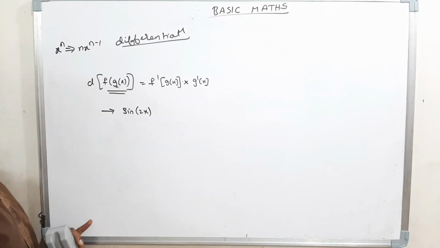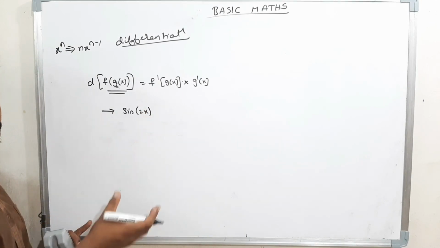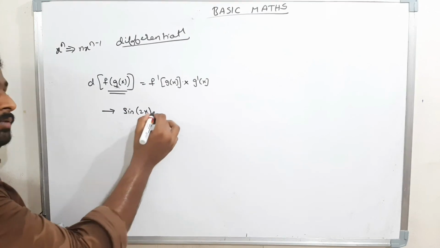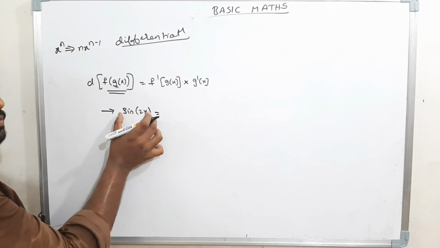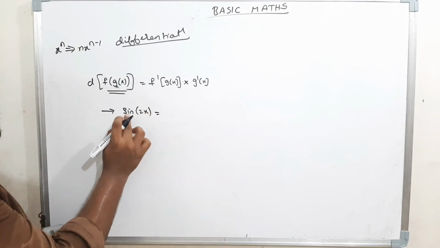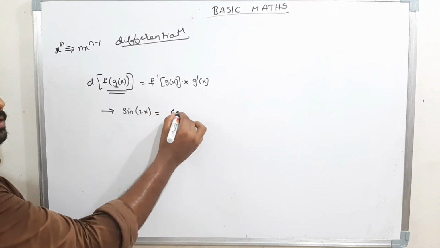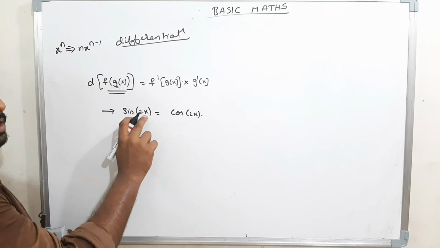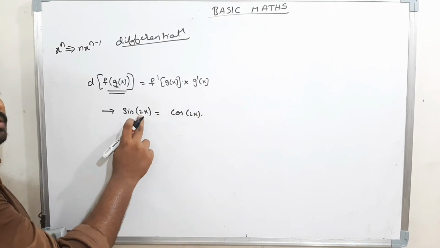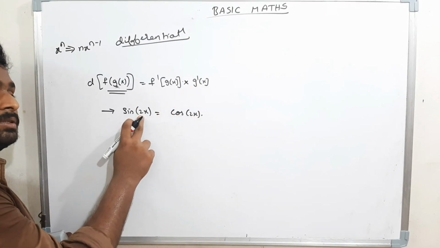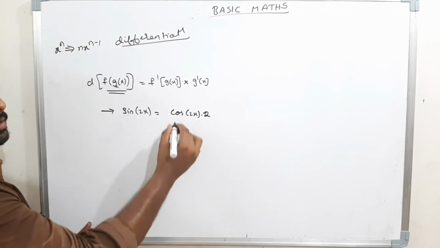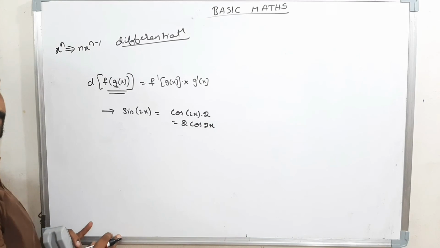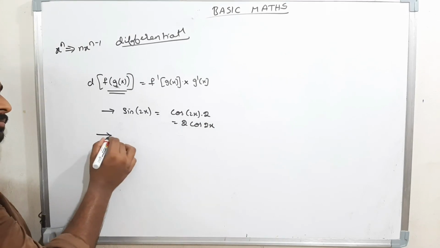Sin 2x. Sin itself is a big function. Inside that big function there is 2x. Even 2x is also one more function. Therefore, first of all, I have to do the differentiation for the whole. What is the differentiation of sin? Cos 2x into what is inside, g dash x. What is the differentiation of 2x? Differentiation of 2x is 2. So the answer is 2 cos 2x. We will see one more.